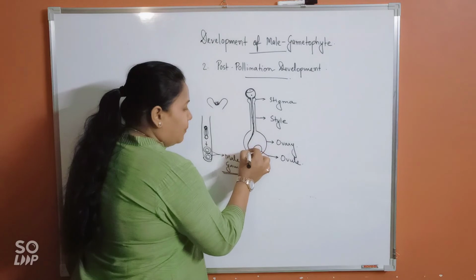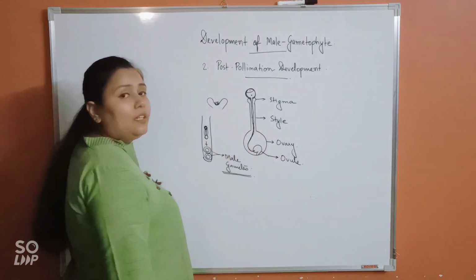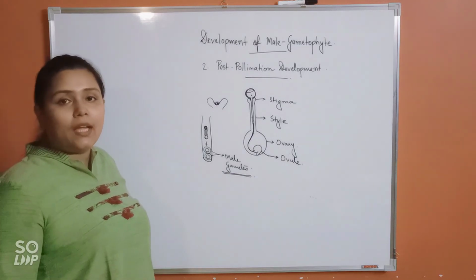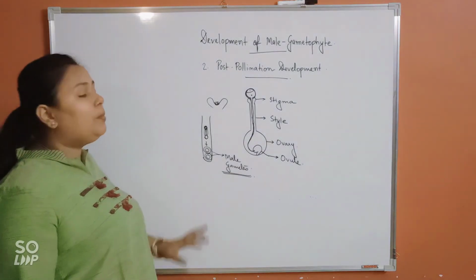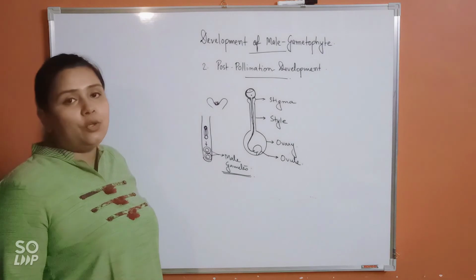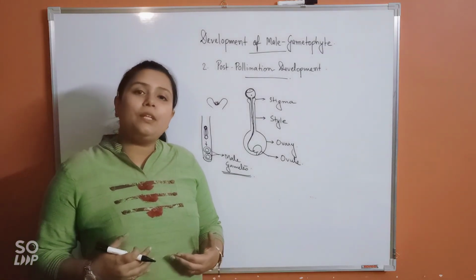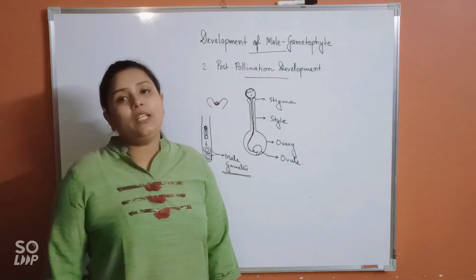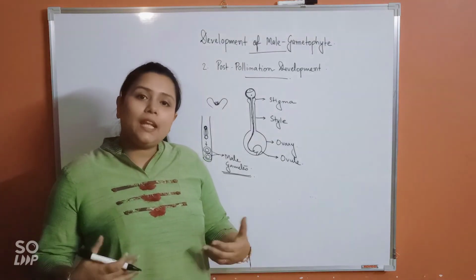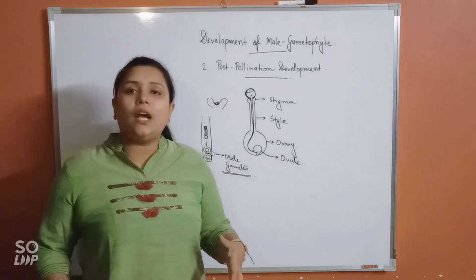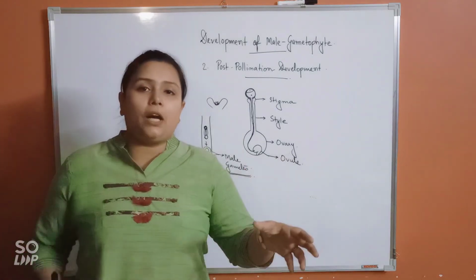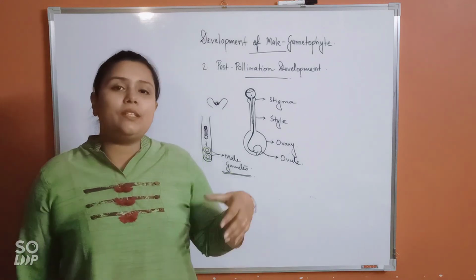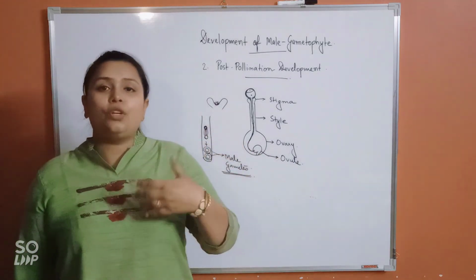Finally, as the pollen tube enters the micropyle, it will penetrate deeper into the embryo sac and liberate the two male gametes. And you already know, as soon as the two male gametes are released inside the embryo sac, fertilization will take place. Further details of this event we will be discussing under another topic in the later part of the chapter, called pollen pistil interaction. Under that heading we will discuss this part again in more detail.